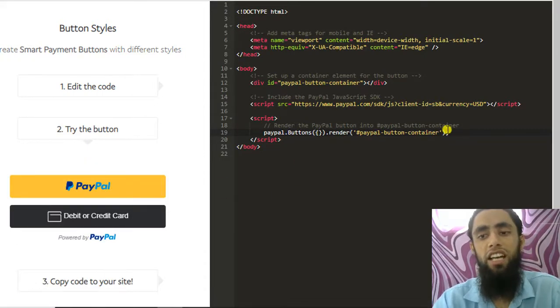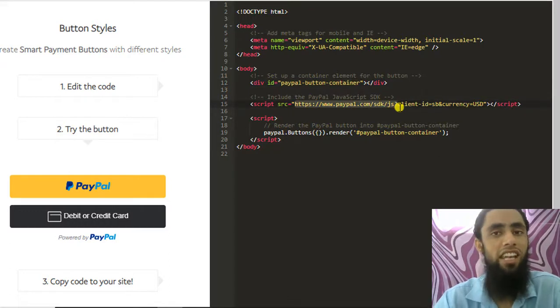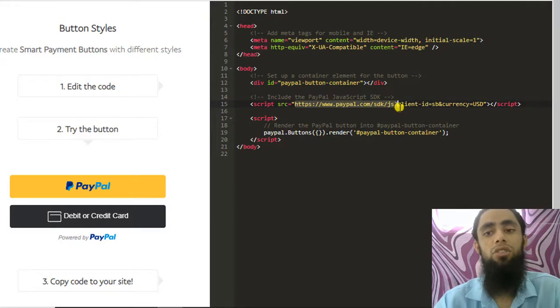We have only a single line in which we are rendering the PayPal button container, which is this one. This is the div element. Inside of it, the PayPal button is going to be rendered, and everything is going to be included inside of this div. So how is this happening? Because we are including this specific URL here. This is an SDK, and it helps us link to the PayPal server. Everything is going to be fetched from their server to our screen. That's why we have no need to create more code.